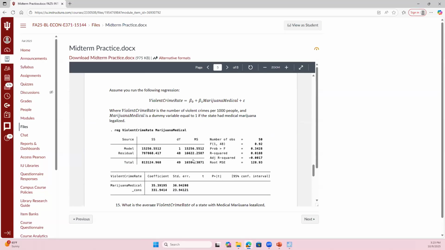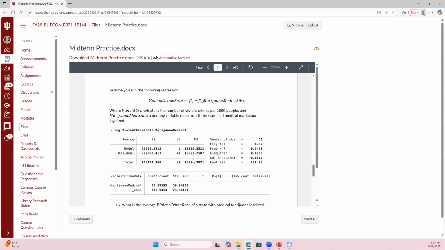I don't have any other variables. Do you think there are other important omitted variables here that might be correlated with both legalizing medical marijuana and the violent crimes in that state or county? I would guess probably yes, right? There's probably a story I could tell about why that bias is too high, where there's a positive bias, or maybe even why it's too low, depending on what omitted variables I have. But that's how you want to think about making interpretations